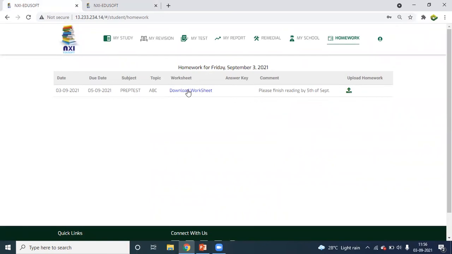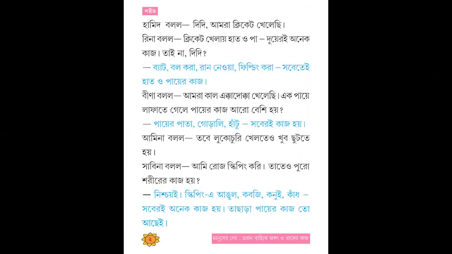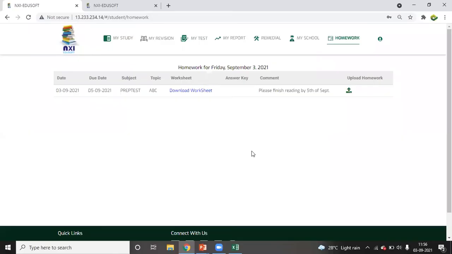Once they download this worksheet, they can see it in the PDF format as they want to do it. So I'll just download it for you. Give me a second. So now the students can go through the PDF in one-to-one format the way they want to. Close it, and they can come out of it.